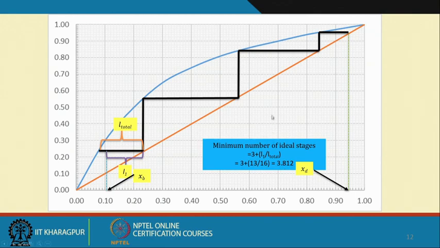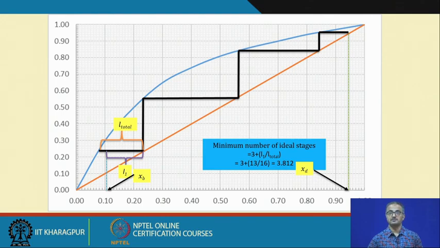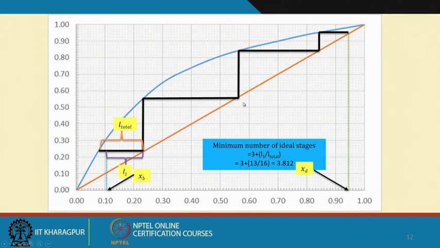that is when we do not withdraw the distillate. And this kind of situation comes when we are starting the distillation unit, because maybe we do not have both the liquid and vapor phases flowing. So we need to generate enough of these liquid and vapor phases, so during that time we do not withdraw any distillate, and when we do not withdraw any distillate, we also do not withdraw any bottoms, and we also stop the feed. So without any feed, without any distillate and without any bottom, we run this particular column under the total reflux condition, and in that case we get the minimum number of ideal stages.